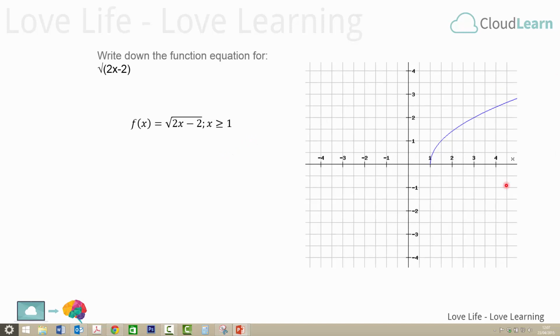This is what it looks like. You can see it starts at 1 and curves up. You'll notice that we don't have any values less than 1, because if we take a value less than 1, let's say we took 0.5, 2 times 0.5 is 1, 1 minus 2 equals minus 1, so we get the square root of a negative number, which you can't have. So this graph only starts at 1 and continues off up